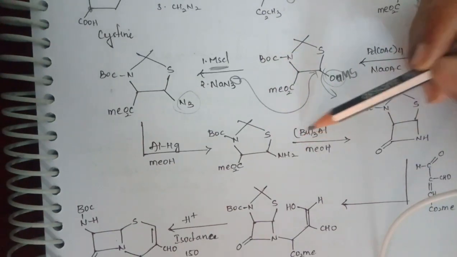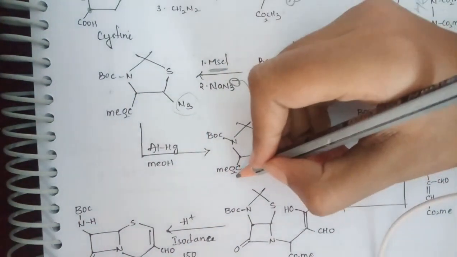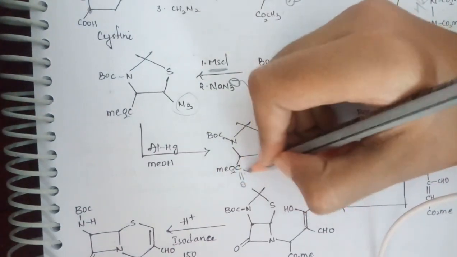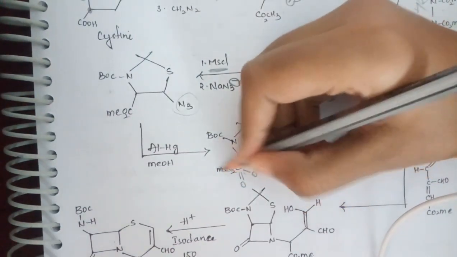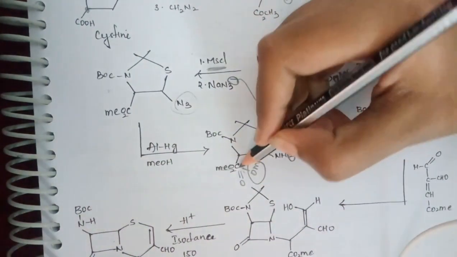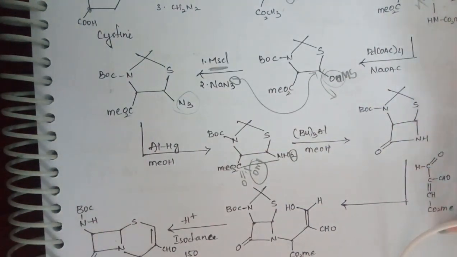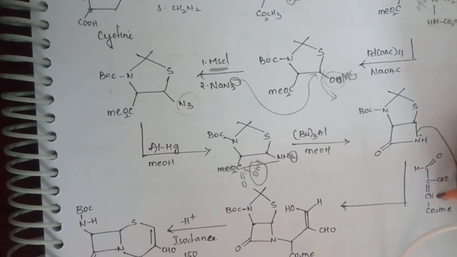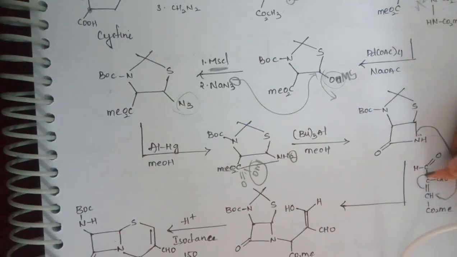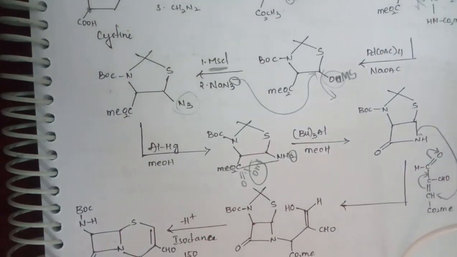Later treating with trimethyl aluminium in the presence of methanol, you have here C double bond O, OMe. This can also be written as C double bond OMe. From here H and OMe will be removed and you will get a bond between these both. You will get C double bond O and H. Later I am treating this with this side chain. This lone pair on nitrogen will go and attack here. This double bond shifts, and C double bond O converts to O minus, which will take this H place.